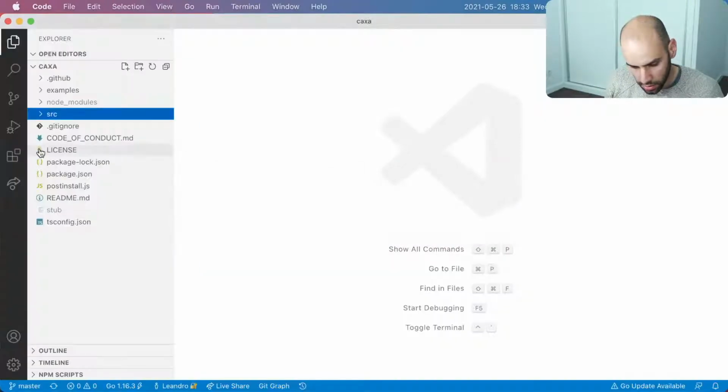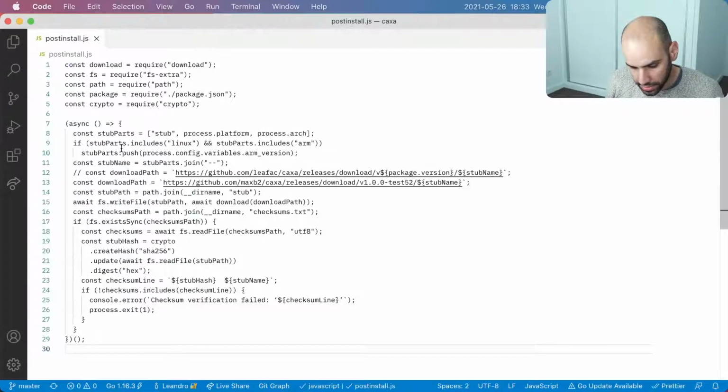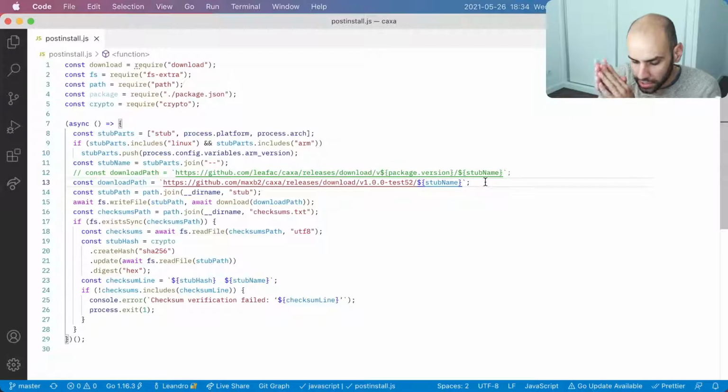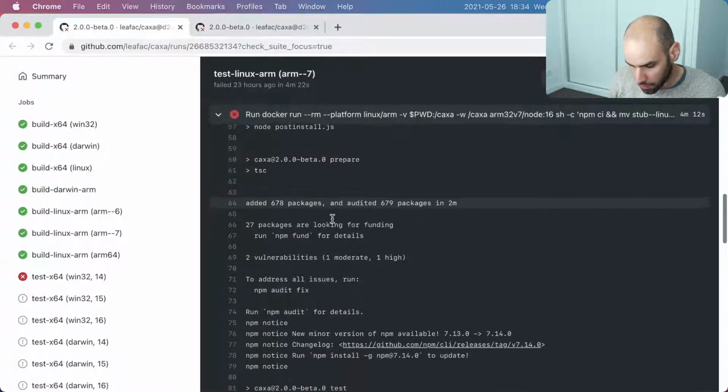because our post install had this line that we should have switched back, but we didn't. Oh, okay, I understand what's going wrong here. So we forgot to switch these two lines to actually use the version that we are publishing. But that's not a problem because in this specific version we have hard-coded, the stub name is available. So the stub was there. It's just an outdated stub that does not use the separator we want to use. So that will be a problem, but let's see.